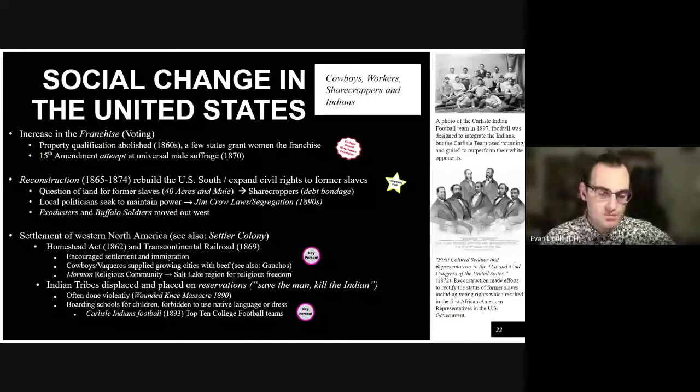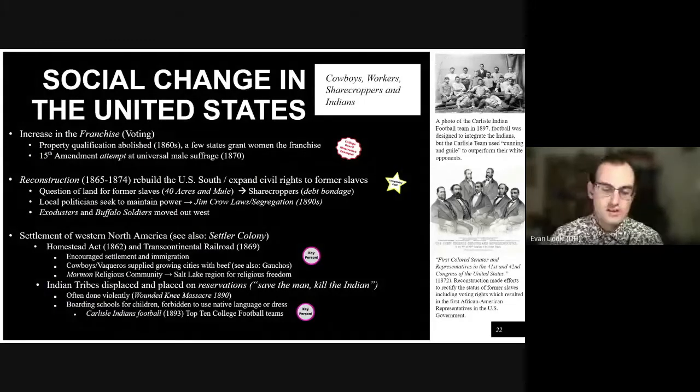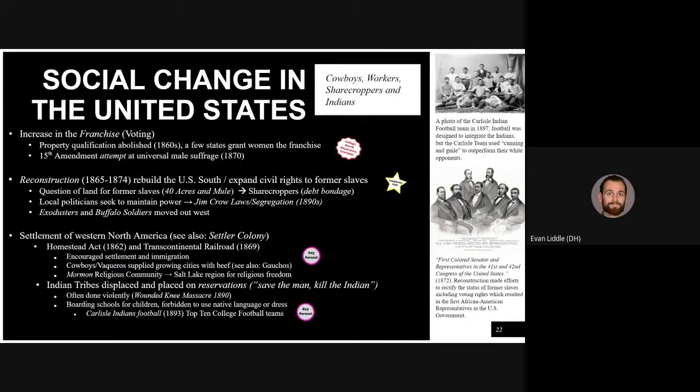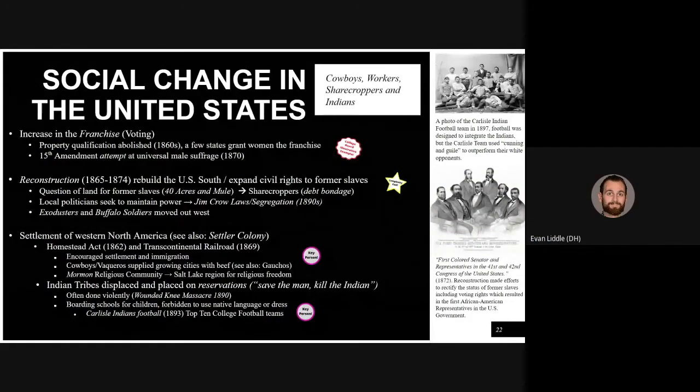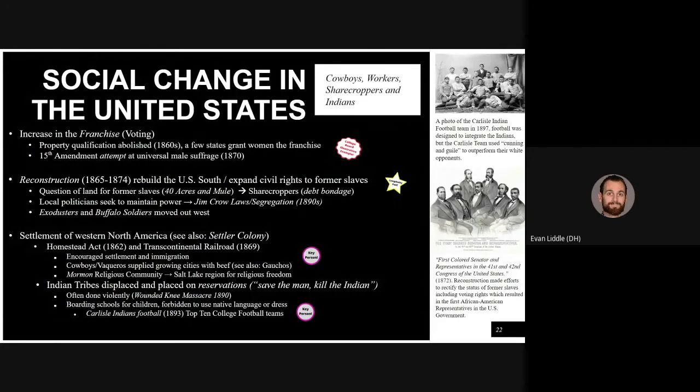One of the other biggest social changes in the United States was the continued push west and settlement of Western North America. This was helped in part because of two government acts. One was the Homestead Act, which essentially gave away land to anybody who would go settle it. All you had to do was get out there and you could have the land. The Transcontinental Railroad, which was sponsored in part by the U.S. government, these developments allowed for a quicker settlement of the West. You also have large groups of individuals going west, such as groups of people who would become known as the cowboys and who actually got their way of life from Mexican cowboys who worked on the ranches of California and the Southwest.